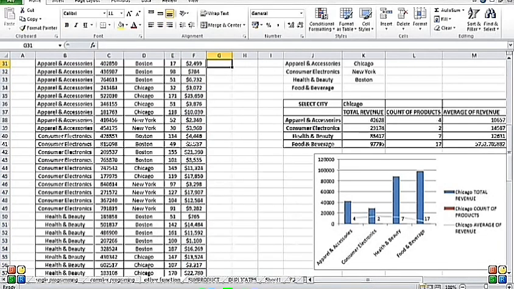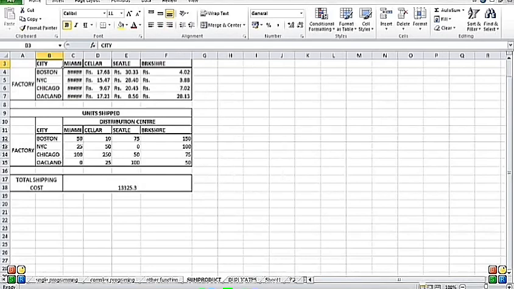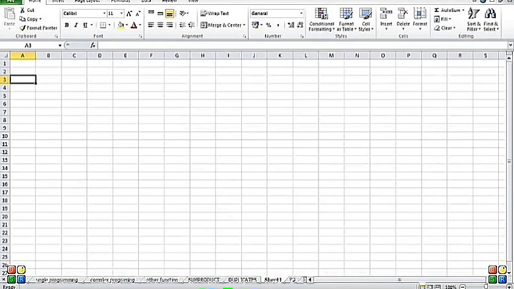If you just want to move down, you use Control and the arrow key. To move between sheets, Control with Page Down moves to the right side of the sheets, and Control with Page Up moves to the left.